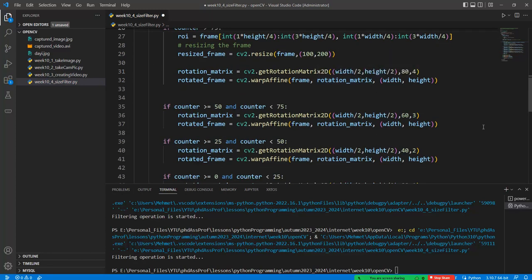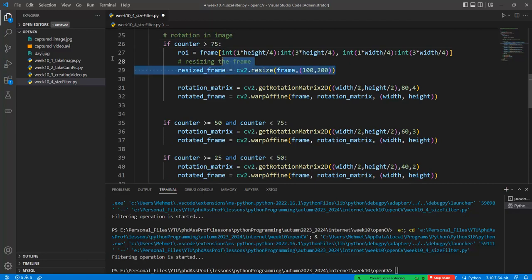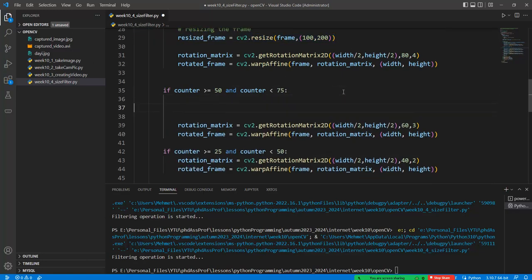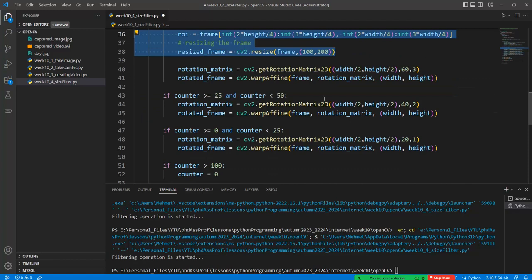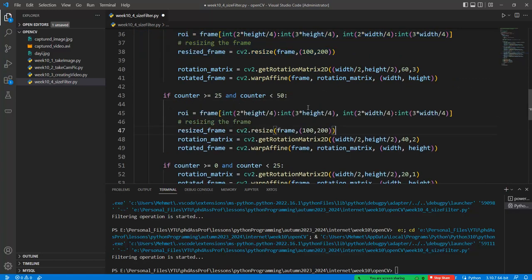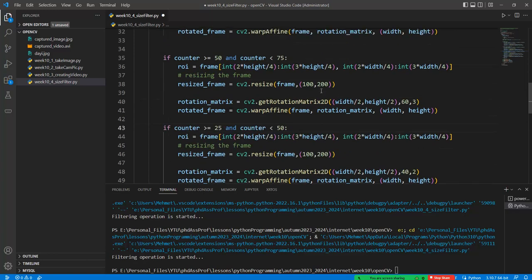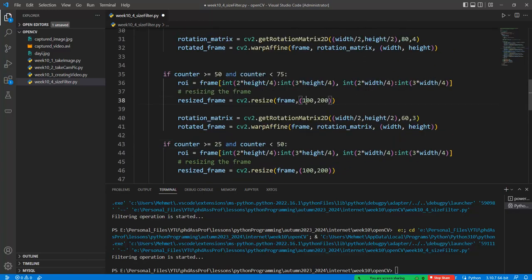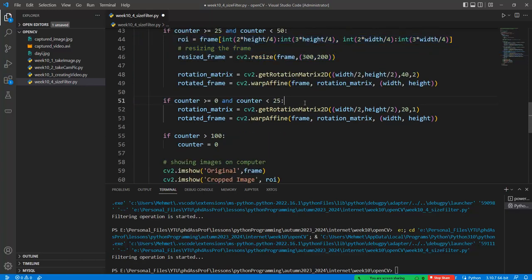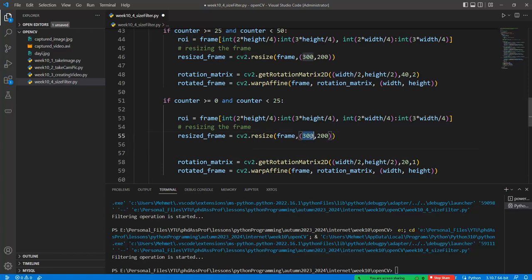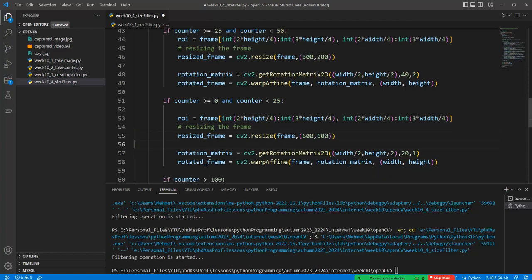Okay, so we can change the other properties in here, like this one. For example, 2, 2. For example, 100, 200, 200, 200, 300, 200, and this is the same as this one, and 60, 60. Okay,